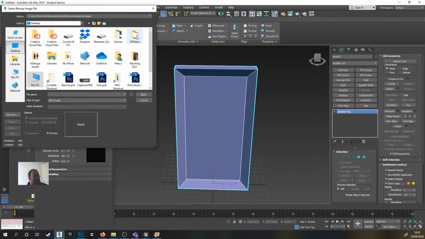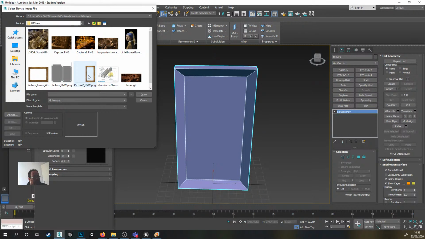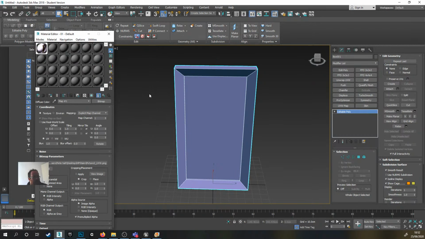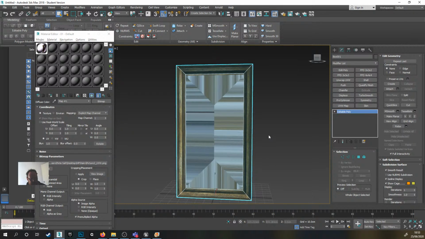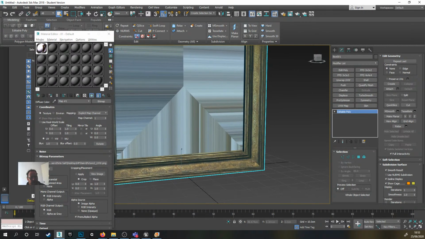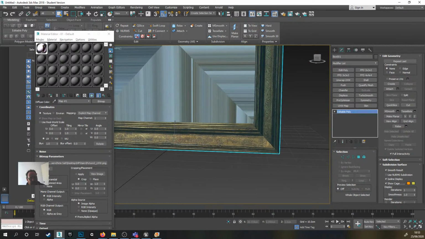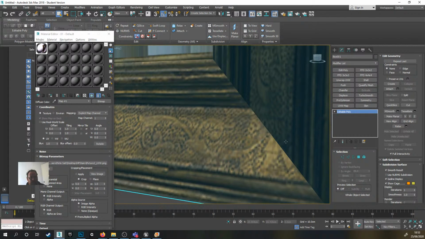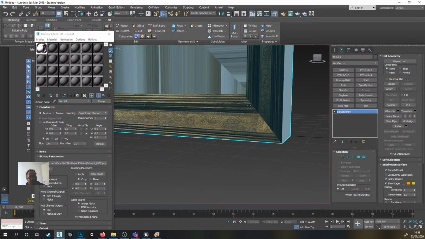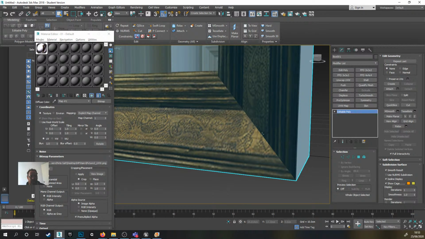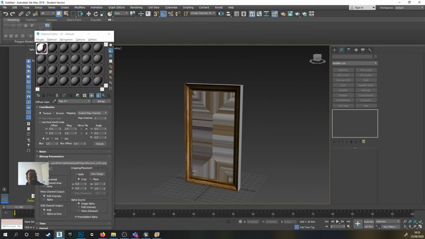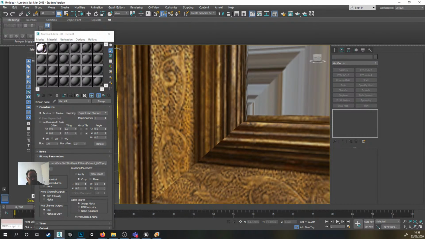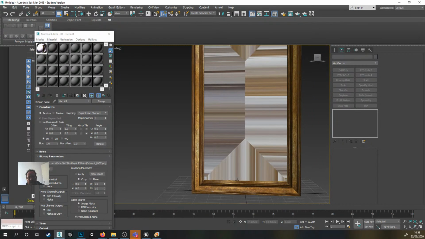And go to desktop, and the image that I want is this one just here. Click open like so, and you also have to click on this one where it says show shading material in viewport. Press forward to come off it, and yeah, it's kind of looking okay, but you can really see that line. The reason you can see that line so much is because it's so different, you know what I mean? There's obviously a different texture in there straight away. So I think we're just about going to be able to get away with it though. I really do. I think we might just get away with it,